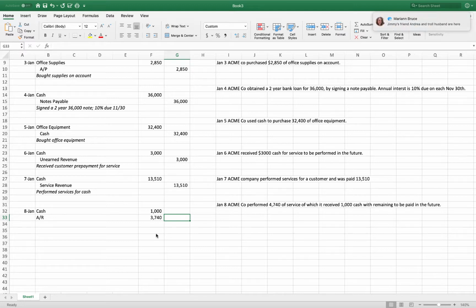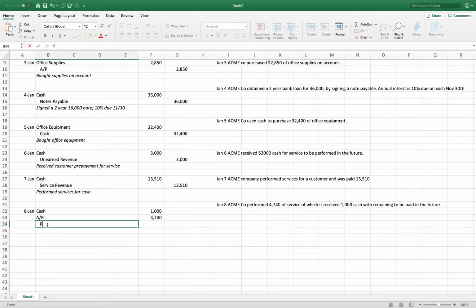Okay, so now what I'm going to do is I'm going to enter my credit. Well, I know service revenue went up. Service revenue is part of my owner's equity. Owner's equity increased. So service revenue, or revenue, increases with the credit. So I'm going to type in service revenue, and I'm going to credit it for